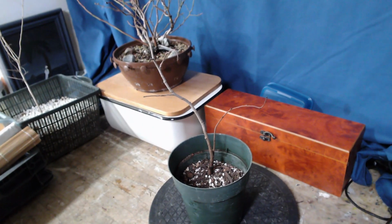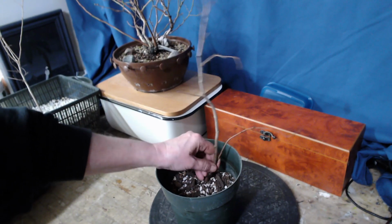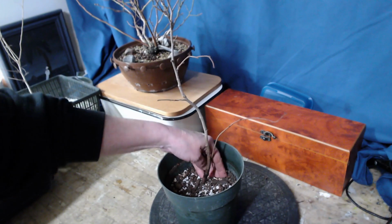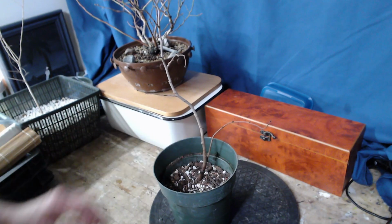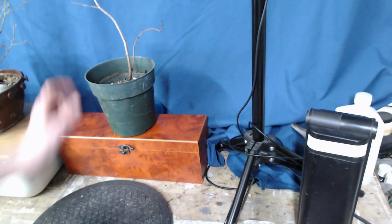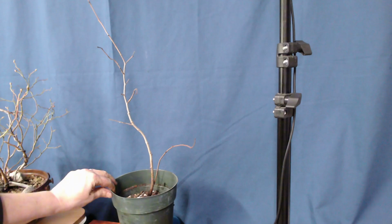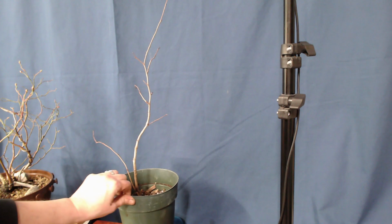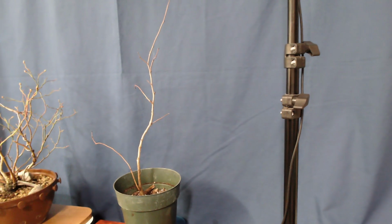So this is the linden. Let's see, maybe pot it like that. When I get the rocks in here and water it in, I'm going to soak it. You can get the rocks on it, so it should stay like that. So we'll see what happens. Like I said, I've got a bit of learning to do about that one. And then my